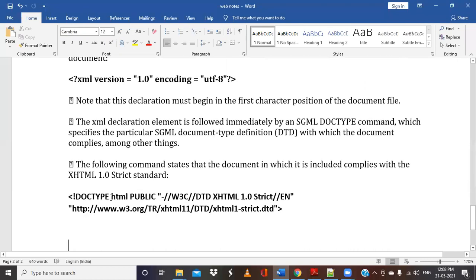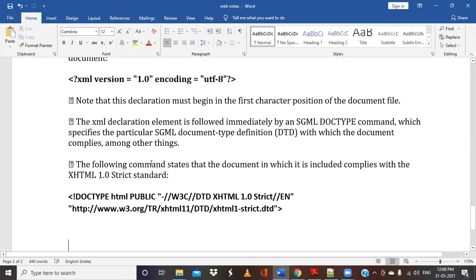This doc type is followed immediately by an HTML doc type command, which specifies the particular HTML document type definition with which the document complies, among other things. There can be other standards as well, but for our programs, we are going to use HTML as the standard.